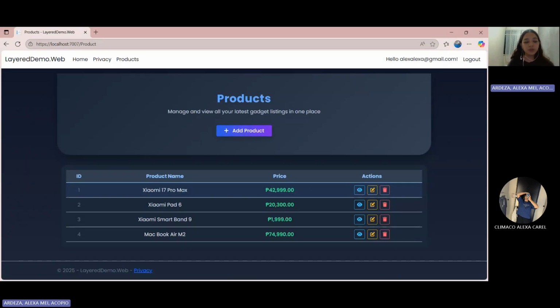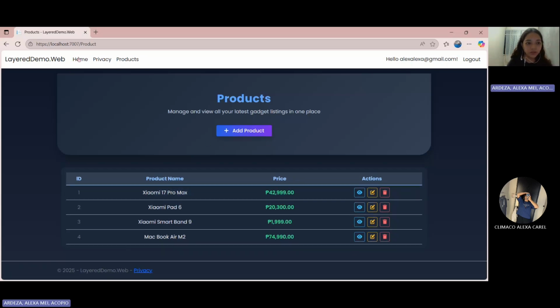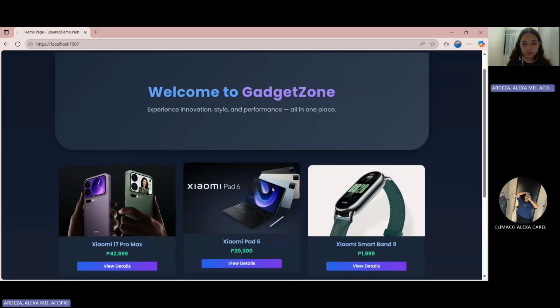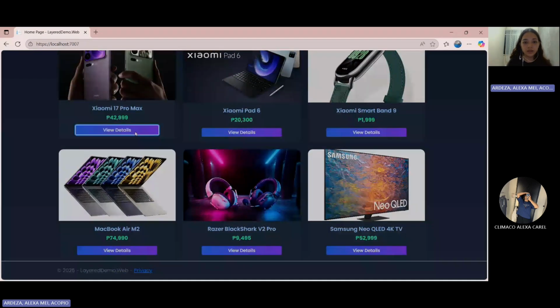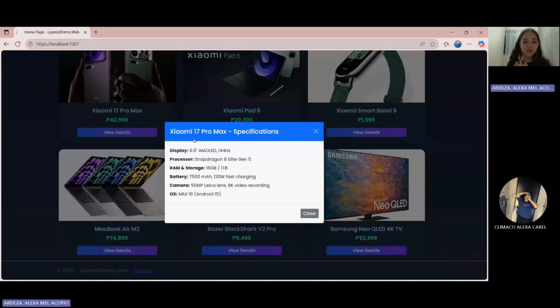Now let's switch to the in-memory implementation. So this is my home page. As you can see, I added 6 products. And when I click this View Details button, it shows the specs of the product.